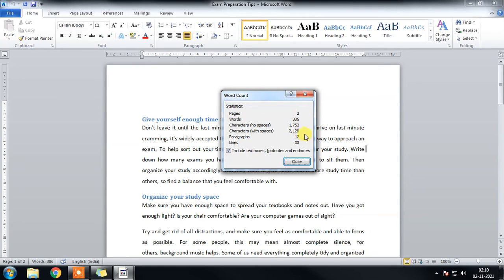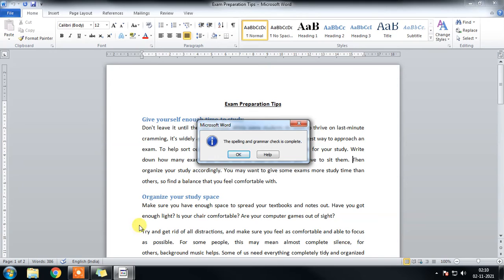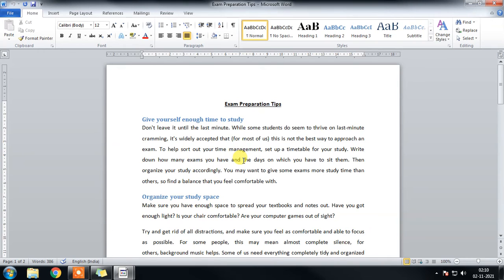When you click on the proofing error, if there is no error throughout the document, we will see this message: the spelling and grammar check is complete. For example, let me intentionally make some mistakes in the Word document. When you make errors, we will see a cross mark on the proofing error icon. I made this change, from "yourself" to "you self". Again I changed this word, and this word, three words I changed. Now there are 3 errors.